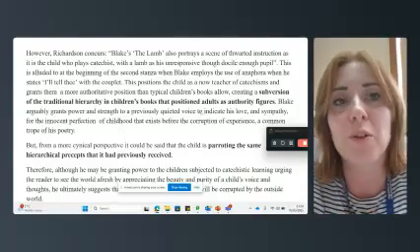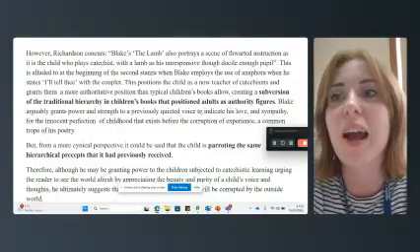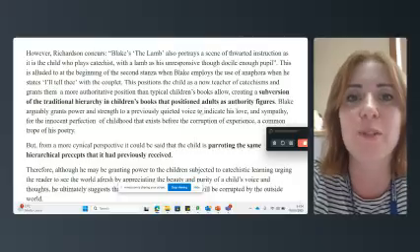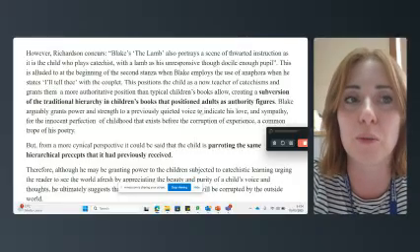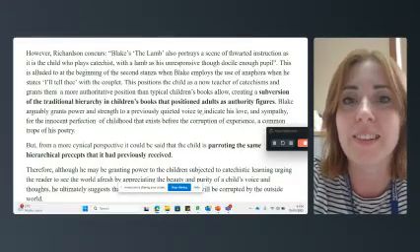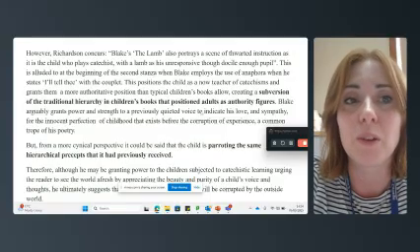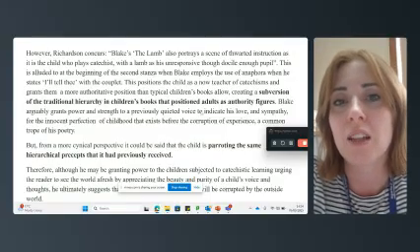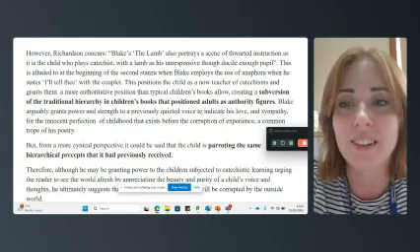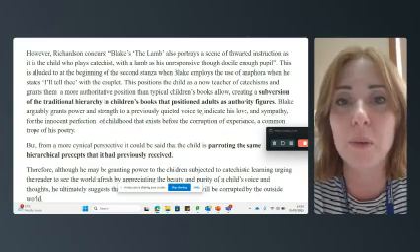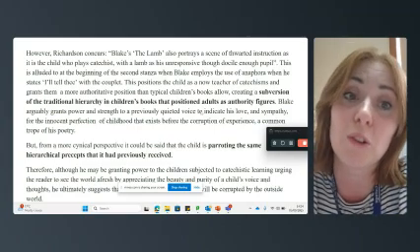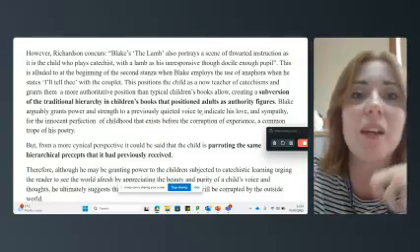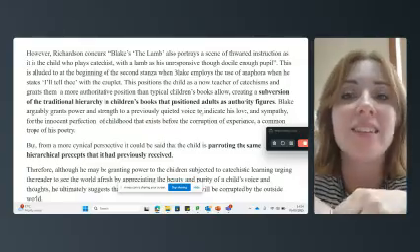Blake's The Lamb also portrays a scene of thwarted instruction, as it is the child who plays catechist with a lamb as his unresponsive though docile enough pupil. This is alluded to at the second stanza, when Blake employs the use of anaphora when he says, "I'll tell thee," within the couplet. This positions a child as a now teacher of catechisms and grants them a more authoritative position than typical children's books allow. So you can kind of see I keep weaving in the context, creating, I quite like this bit, so I've just kept it in bold,